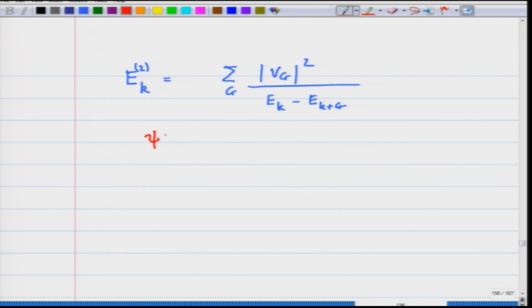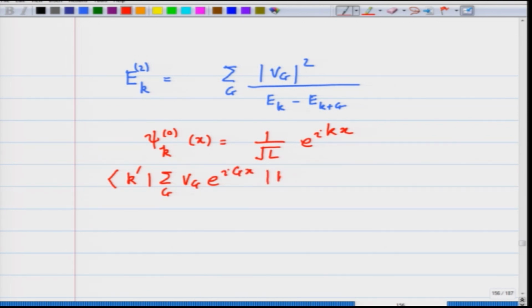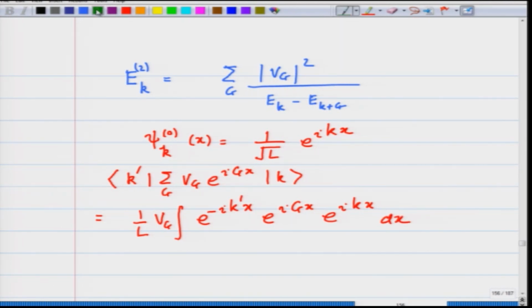like that. Remember, the 0th order wave function psi 0 x is 1 over root L e raised to i k x, this is psi k x, and when I take the expectation value of k prime, summation over g V g e raised to i g x, k, it turns out to be 1 over L integral e raised to minus i k prime x, there is a V g here, e raised to i g x, e raised to i k x dx, and this is nothing but V g over L integral of e raised to i k plus g minus k prime x dx, and this integral is over the length over which the periodic boundary condition is